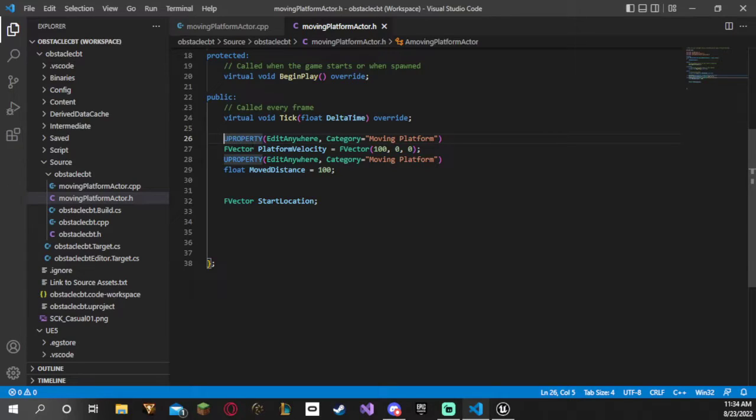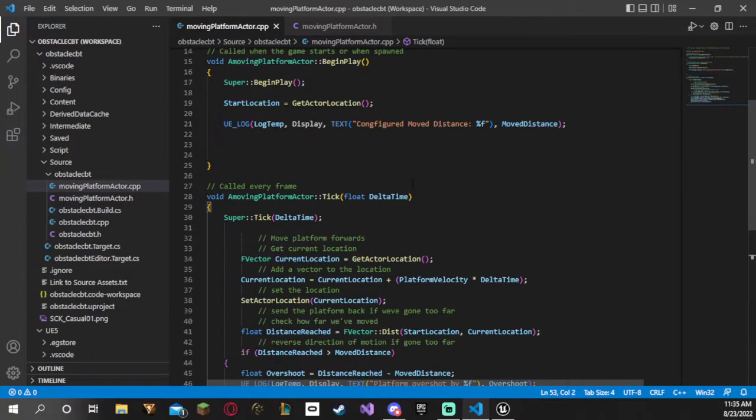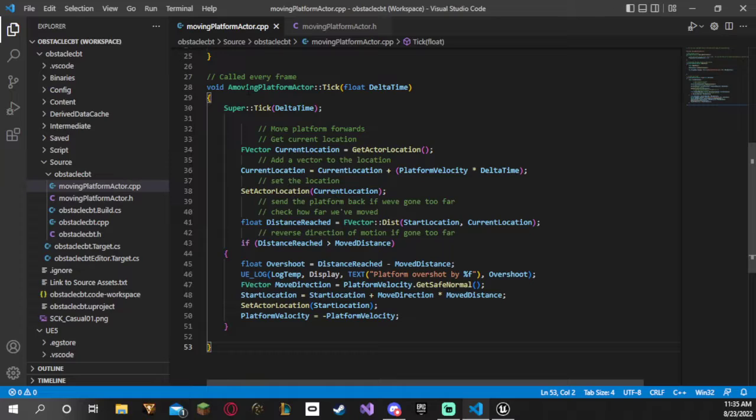The UPROPERTY EditAnywhere Category stuff, basically all this is just ways to help us set up our platforms more specifically. It helps them calculate where the platforms will start, at a default. Because if we go over here, we can look at a couple of interesting things, like this FVector CurrentLocation equals GetActorLocation. This basically just gets the location of that platform,